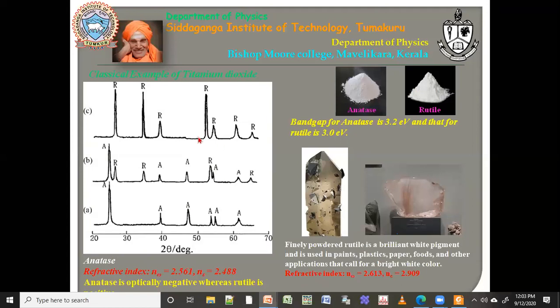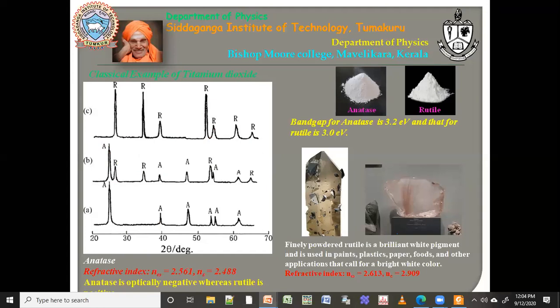If you see the first diffractogram, this is for the rutile phase. For a pure rutile phase, you will get lines like this. But if you take anatase, you can see it has a different pattern. This is not the same as the rutile form. And if you have some mixture, then you'll have lines from both the anatase and rutile phases. So this is how you can distinguish your titanium oxide. Just an example, a classical example, but we will go in depth. In detail, you will see other examples later.